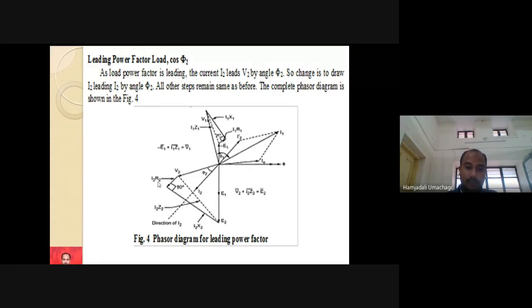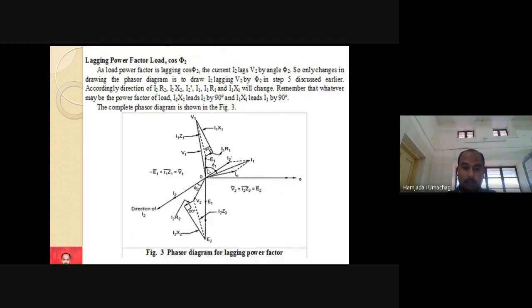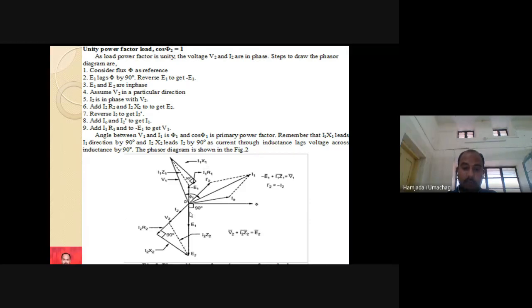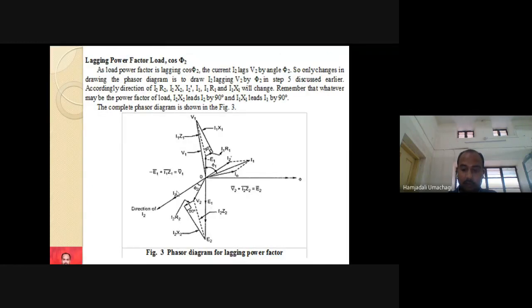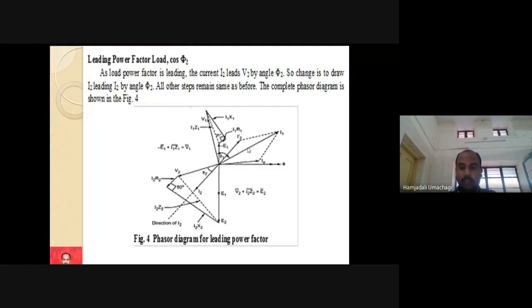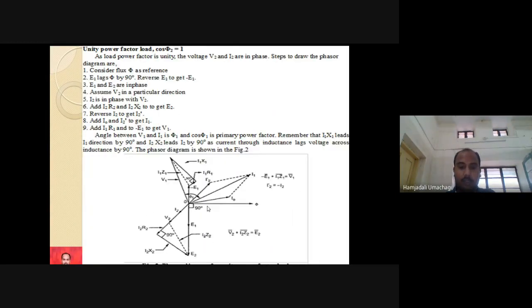Whatever load you change, you find that the phasor diagram changes depending upon the connected load on the bottom side. This is for resistive load, this is for inductive load, and this is for capacitive load. Whereas the upper portion of the phasor diagram is almost all the same. Load parameters are secondary side parameters, and secondary side parameters are decided by the bottom side of your phasor diagram. So only at the bottom side is there a change in the phasor diagram. You can notice the difference, yes or no?